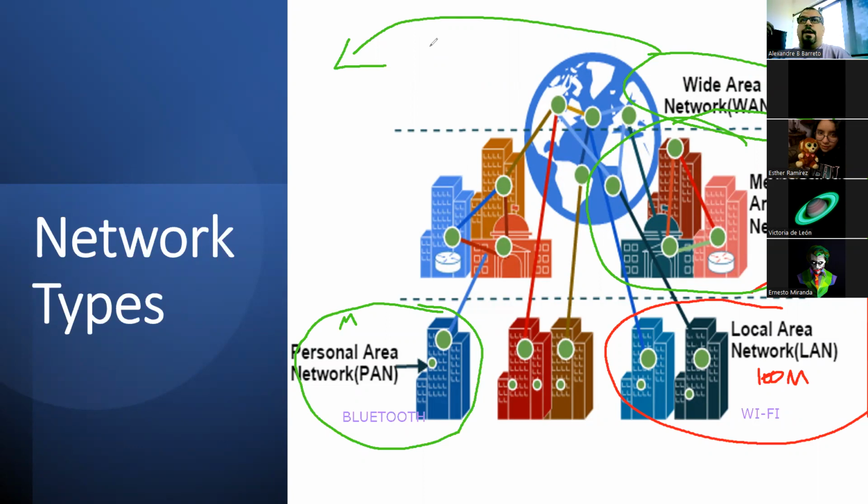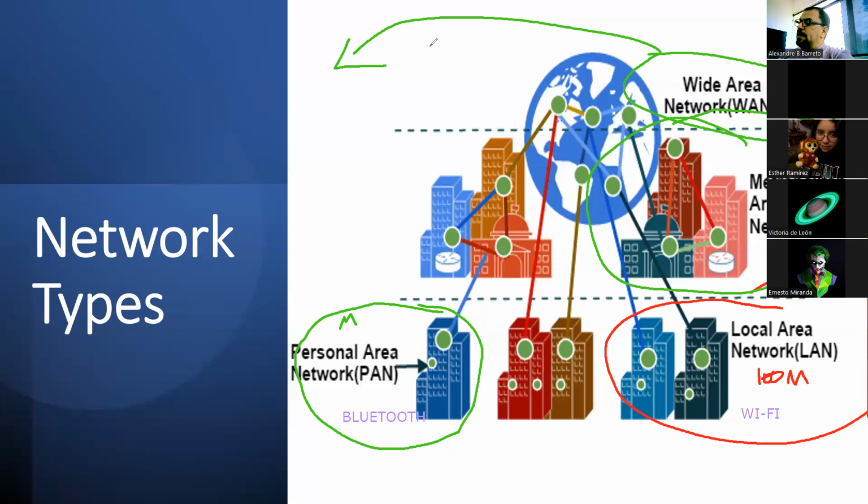One example of a wide area network: you have multiple campuses of the Tec. Am I correct? You have the campus Mexico City, a campus Guadalajara, the campus Monterrey, and others. There are a lot of campuses that Tec has in Mexico. To connect all the campuses, we use one technology. In the case of the Tec, you use, for example, the cloud service. It's a type of wide area network.